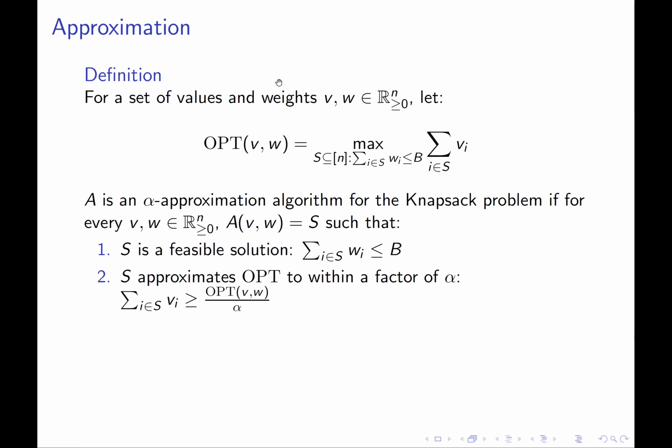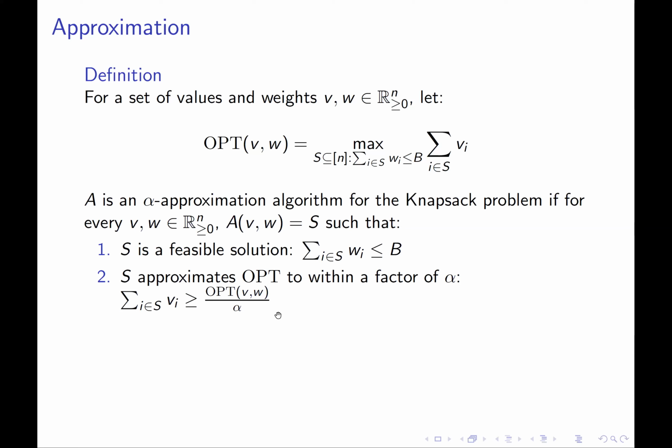And two, the algorithm should have the promise that the solution that it outputs is actually a good approximation to our benchmark opt. It should approximate the optimal social welfare to within a factor of alpha. In particular, we want the welfare of our solution, the sum of the valuations of the bidders who win in the solution proposed by our algorithm, to be at least the optimal solution for that instance of the problem divided by alpha.